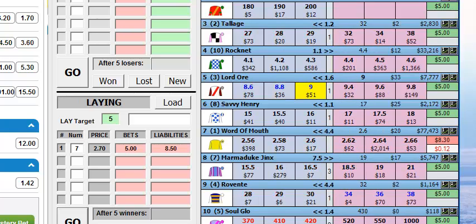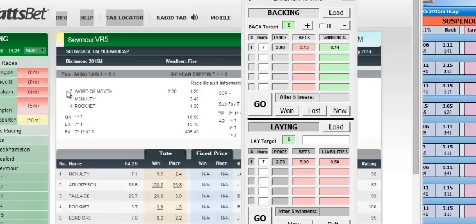Okay, the race is here. Number 7, Word of Mouth, won this race, and you can see why taking the fixed price was a lot better, even though at the time we took the fixed price at 2.60. Now you need to do that because you want a concrete amount. If you remember back, it was paying around 3.20 on the TAB fluctuating price, and of course now it's gone out and paid like $1 less. So that's why we always take the fixed price,